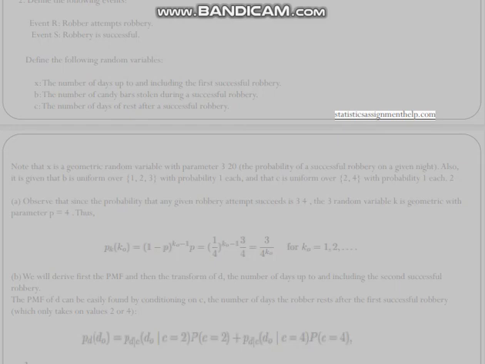Note that X is a geometric random variable with parameter 3/4, the probability of a successful robbery on a given night. Also, it is given that B is uniform over 1, 2, 3, with probability 1/3 each, and that C is uniform over 2, 4, with probability 1/2 each. 2. A. Observe that since the probability that any given robbery attempt succeeds is 3/4, the random variable X is geometric with parameter p equals 3/4. Thus, B. We will derive first the PMF, and then the transform of D, the number of days